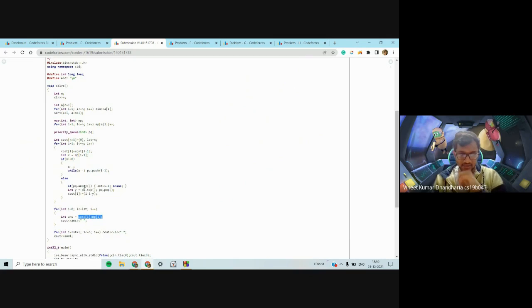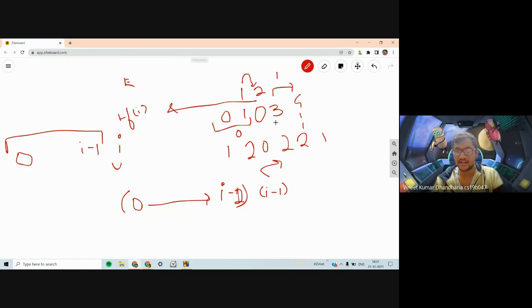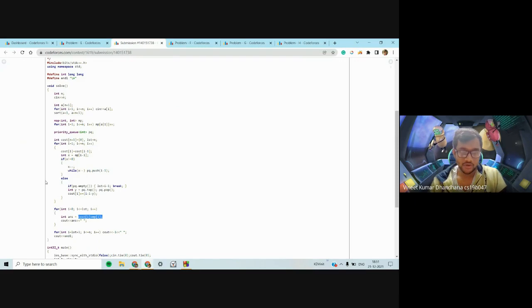So we do this thing, and suppose for a particular position we don't have I minus 1. So in this case, for 3, to get the max 3, we need to ensure 0, 1 and 2 are there, but 2 is not present. So you must take some previous element and make it 2. So for all the extra elements, we have pushed them into a priority queue, PQ.